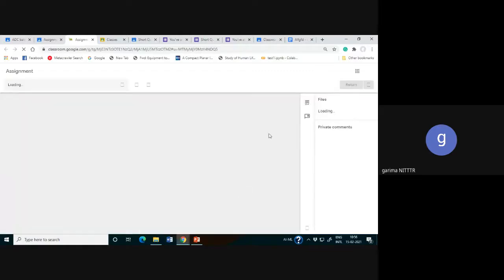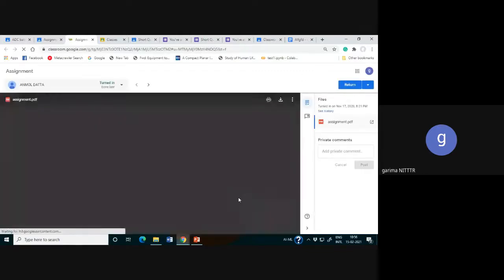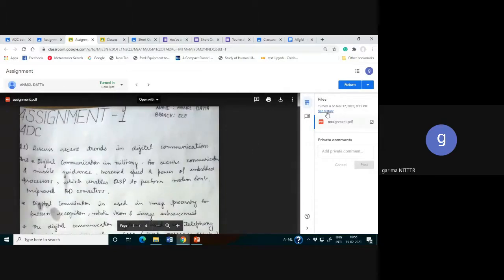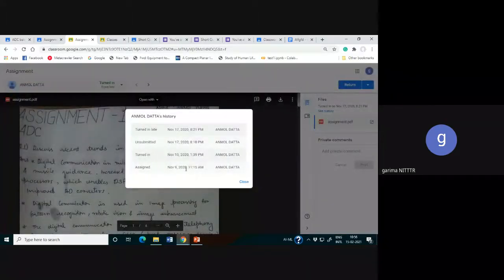Using this page, as I've already discussed, you can see the history. So if you see, I have assigned this assignment on 9th November at 11:15 to this particular student. He turned in at this particular time. He unsubmitted till this time and finally turned in late at this time. If he modified this after the due date, this data will also get added in this history. So you will get the information related to that particular student, whether he or she has modified it. So it is basically the see history.